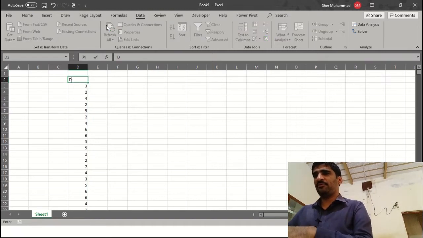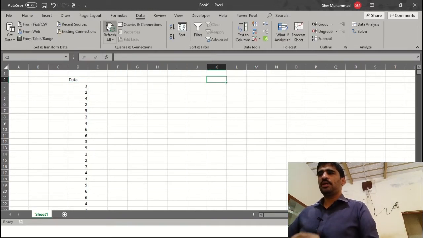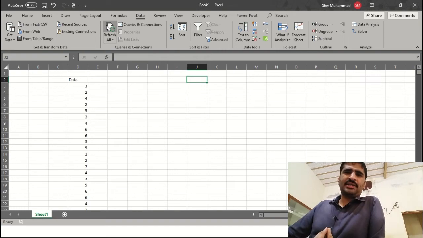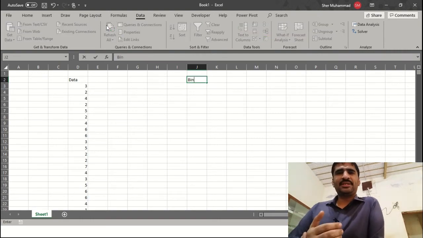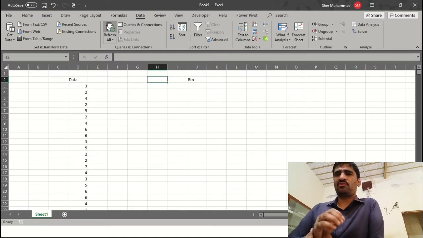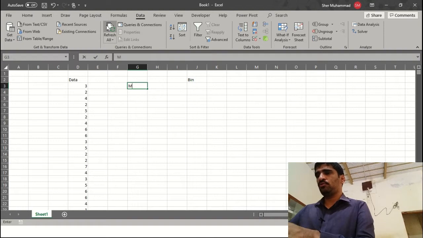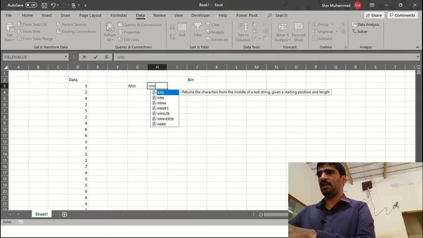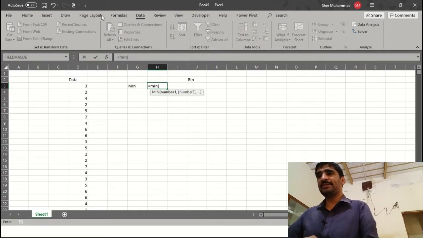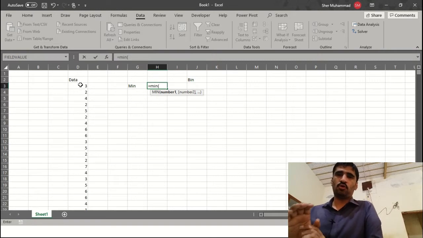Now I have data. The next step is to find the bin values. A bin is a range of values. There are various methods available to find the bin values, but the best method is to find them from the minimum and maximum value. For the minimum value, I write the minimum formula and select this whole data.